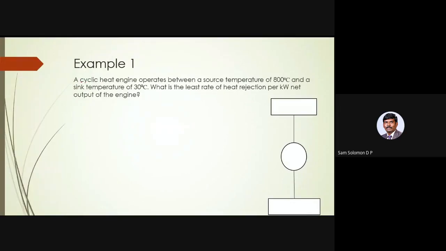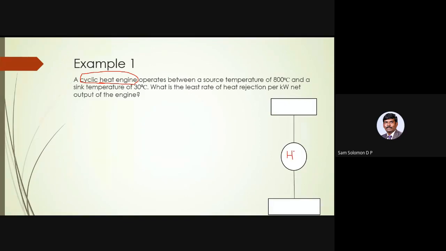So first you have to note the word heat engine. They have said it is a cyclic heat engine, but it is a heat engine. Nothing is mentioned whether it is reversible or irreversible. So if nothing is mentioned, you can take it as reversible because what is given is only the temperatures. They have said the source temperature is 800. The first keyword is heat engine. So what is given is a heat engine. Immediately you have to draw the line diagram. That is the first thing that you have to do.